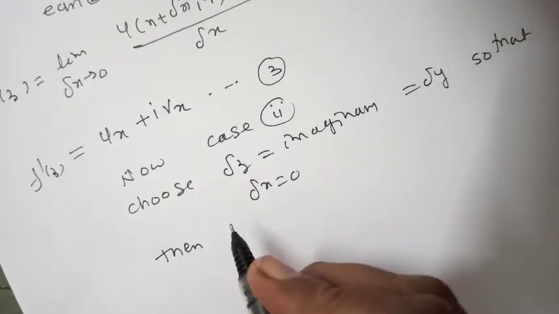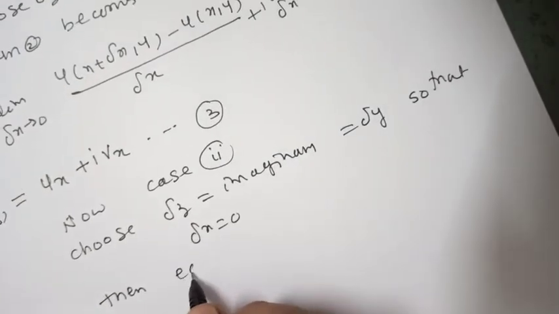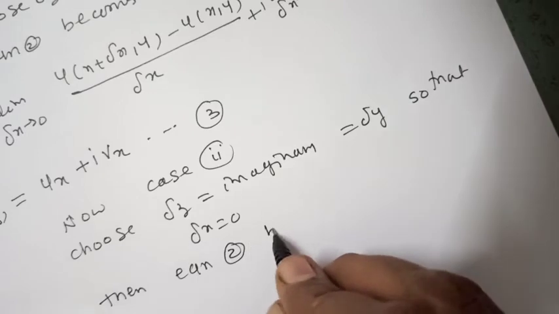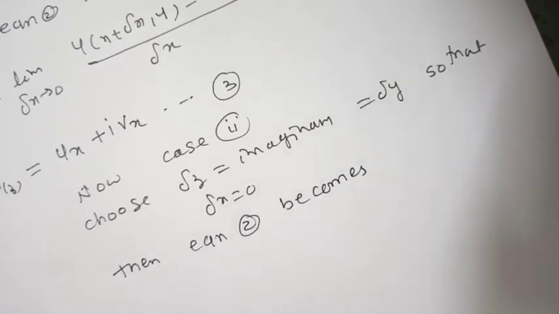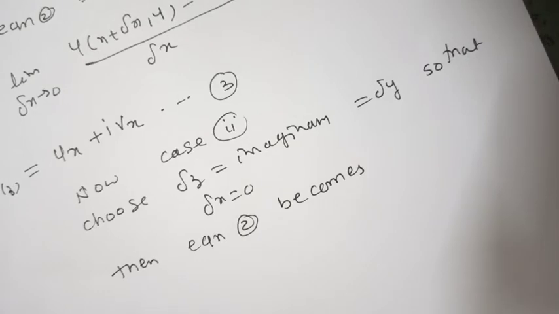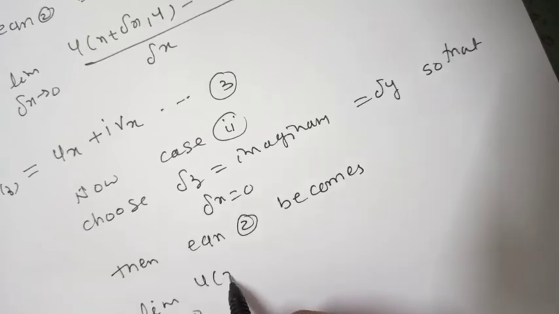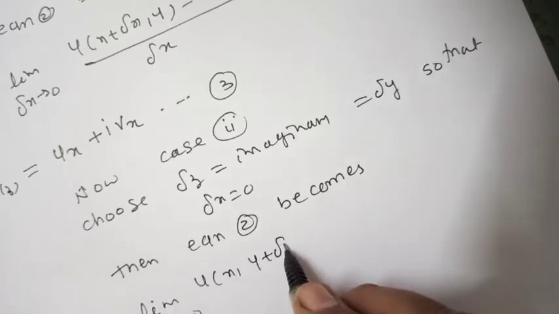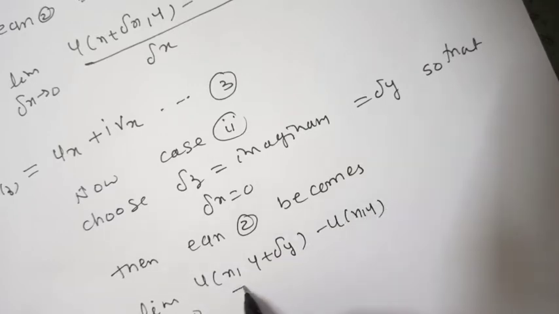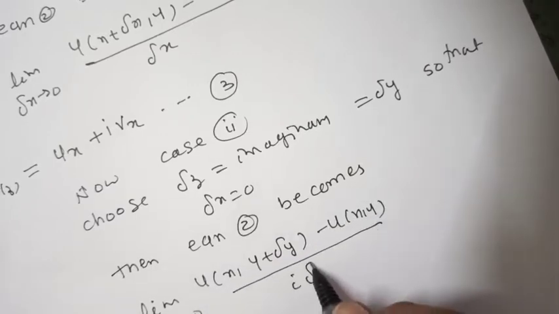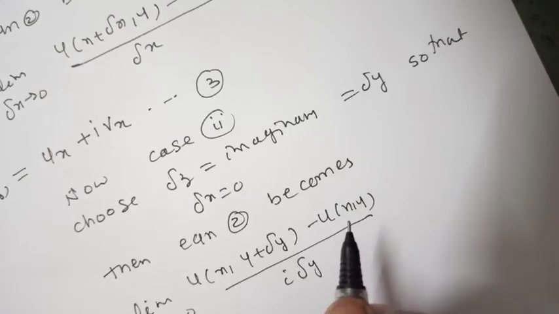Then equation 2 becomes f dash z equal to limit as delta y tends to 0 of u of x, y plus delta y minus u of x, y upon i delta y